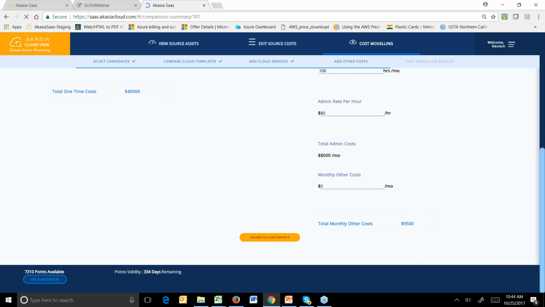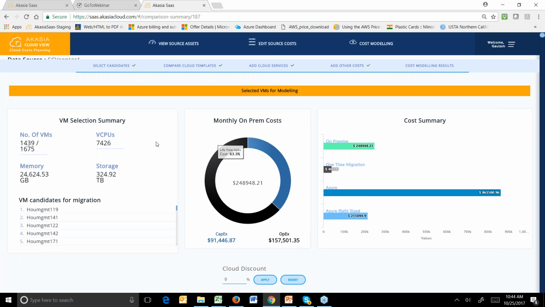And then let's go generate the final cost. At this point, it's generating a complete bill of materials, adding up all the costs and summarizing them for you. It'll take a few seconds as we go through. So a lot of number crunching happening there. All right, there we go.